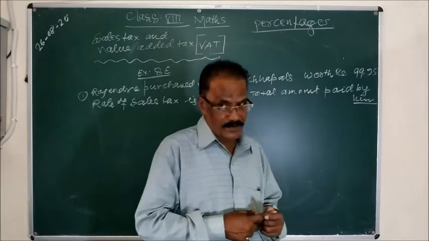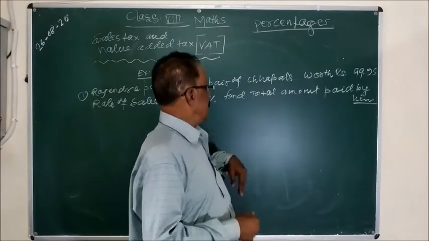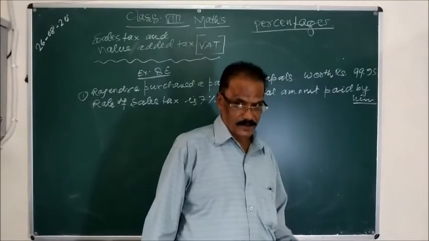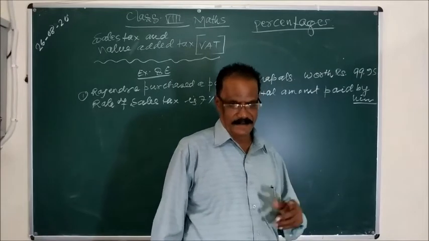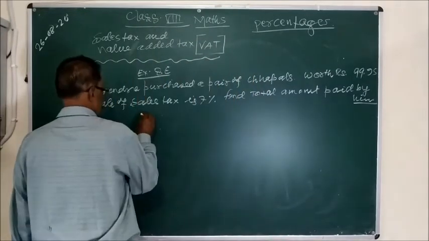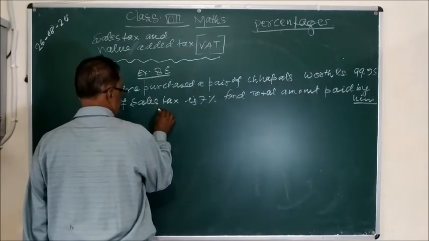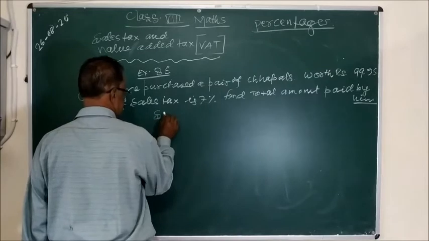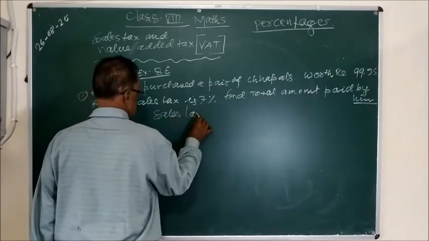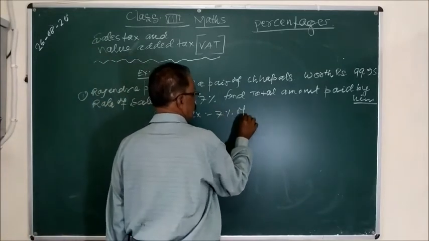More than, because at the rate of this 7%, he has to pay more. So now we have to find how many rupees will he pay. So sales tax, 7% of